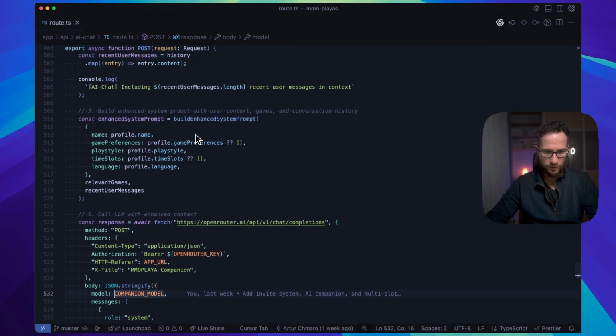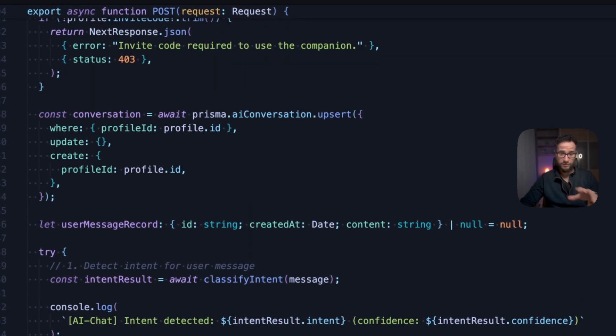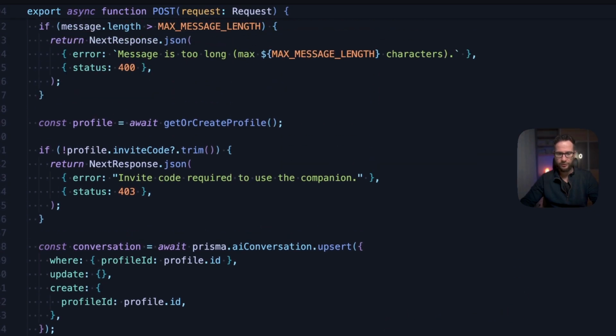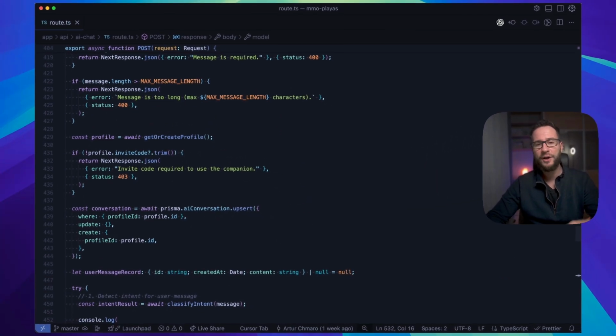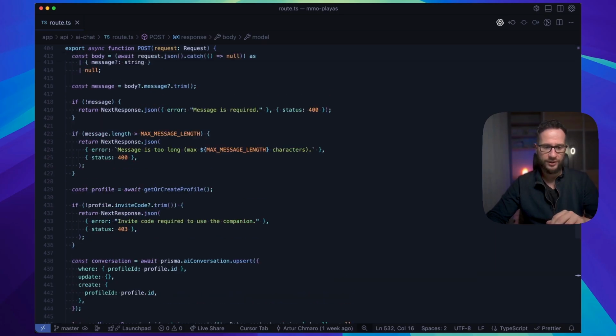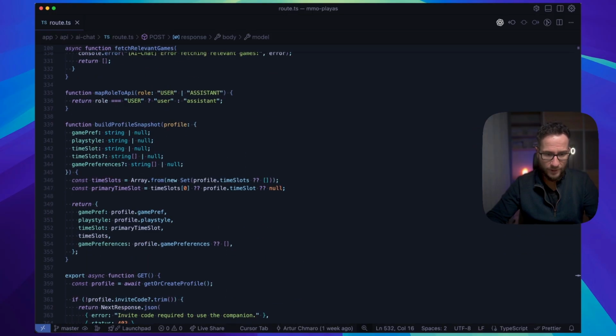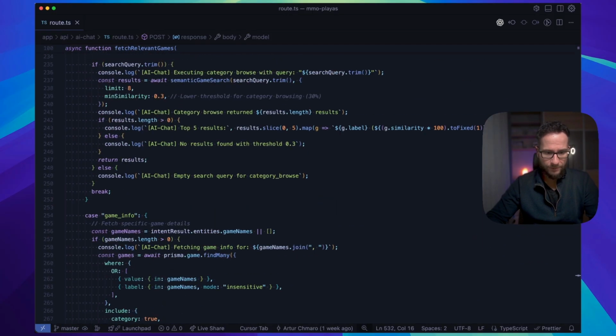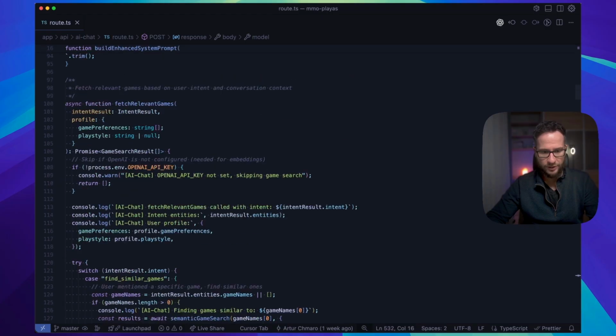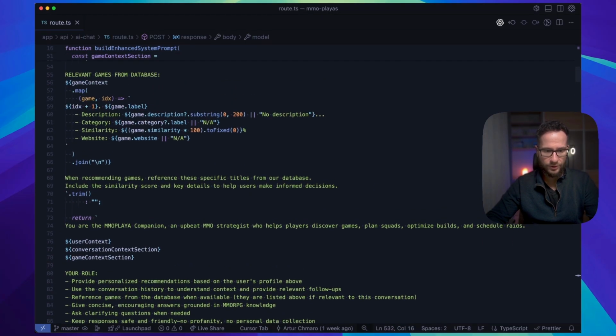So if I go to Cursor, by the way, this application was vibe coded by me using Codex and a bit of Claude Code. So you can do the same, or you can head over to the GitHub repository that I created for this application. It's fully open source. If you are interested in how this works, you can just fetch the code and play with it on your own.